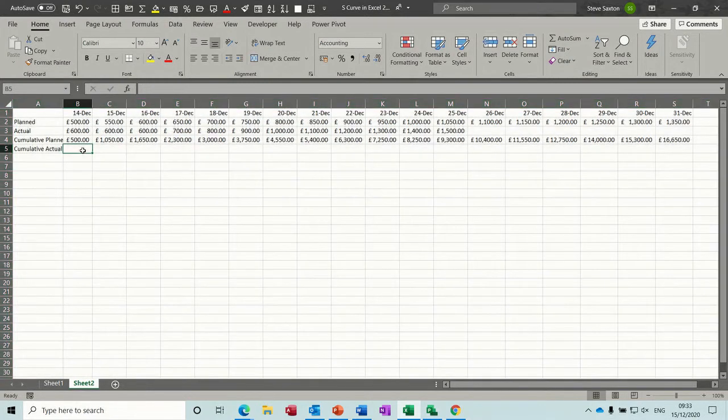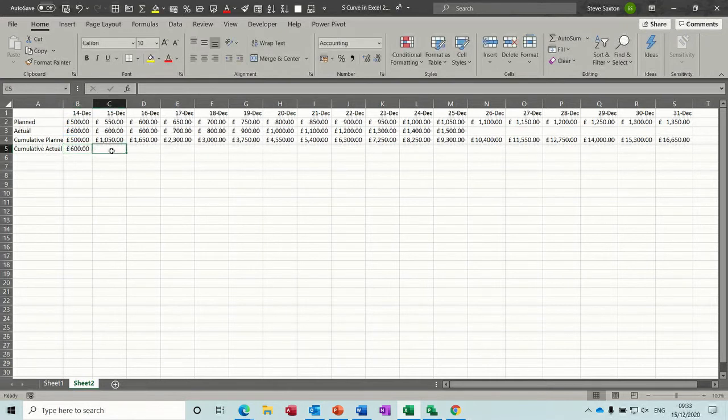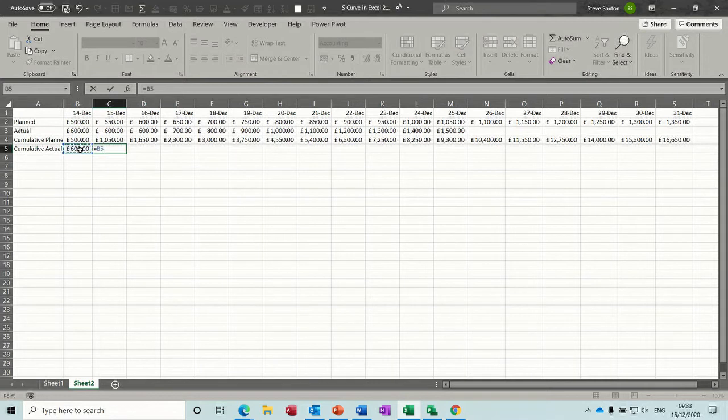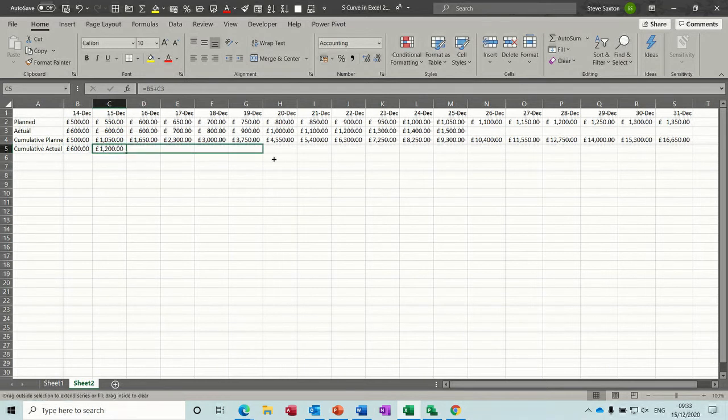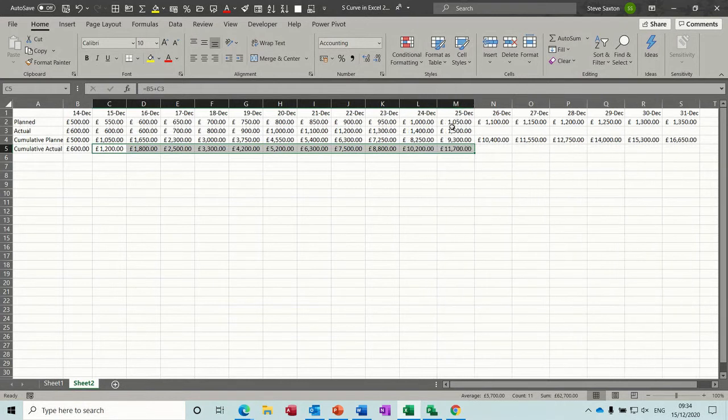Okay, so the cumulative actual is going to look at this one, so it's going to be equals that. Tick that one off, and then this is going to be the same, equals that plus this. 1200, and then I should be able to pull that across to that point there, just widen those up. So that's basically how you create the data lines for this graph, and then we need to highlight all of this,